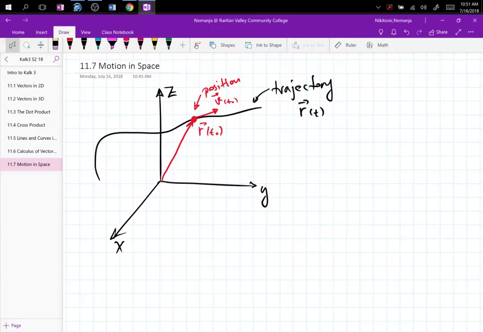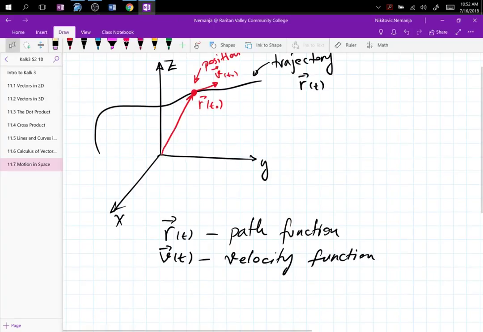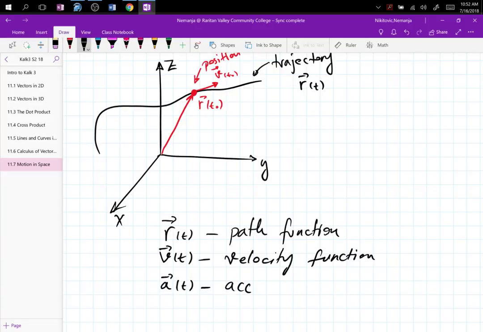So we have position, we have the velocity, the magnitude of the velocity is speed. So these are the concepts. So r of t will give us the path function. Velocity of t is the velocity function. It's a vector valued function, but it's less letters this way. A of t is the acceleration function,